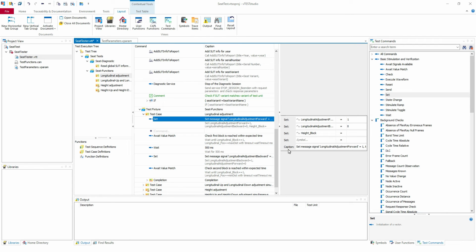The caption will be available for all the test commands. Here it's the description of what you are doing. So here you can put your test step, what you are doing in your test step, and it's very easy because you can read it from here. So it's useful for the test case specification. If you want to have a test case specification directly in vTEST Studio, you can put your test step description here, and when you export the test design,